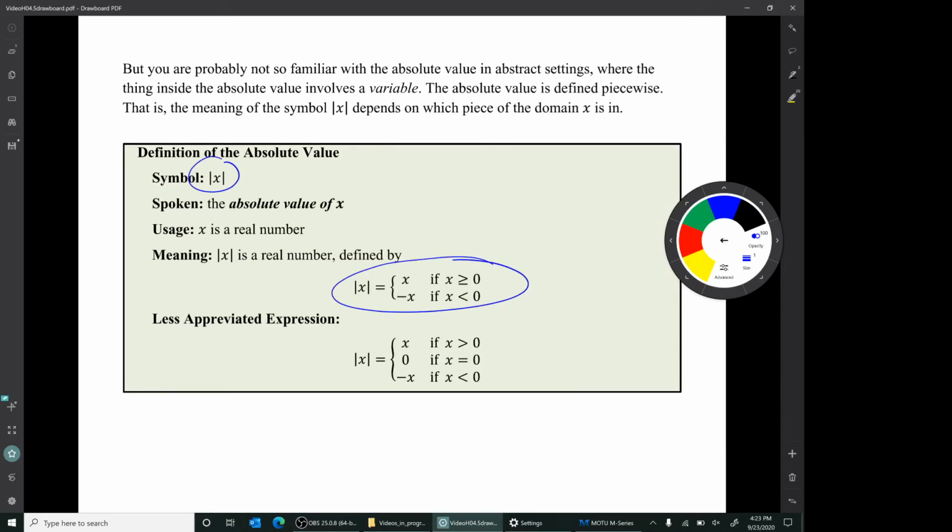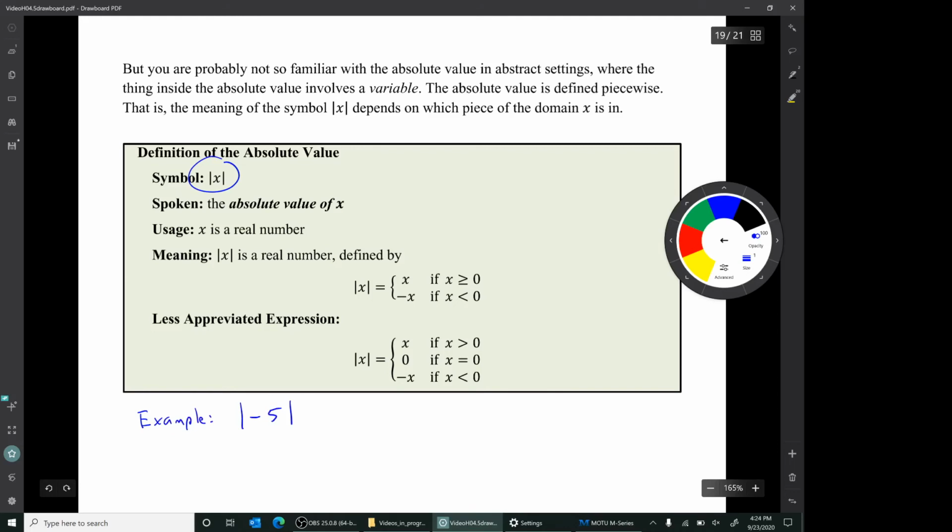That is, what the symbol means depends on what piece of the domain the x is in. So the definition of how that symbol behaves is a piecewise definition. Now, it's most often presented on 2 lines. I find it helpful to abbreviate it a little bit less. Say the absolute value of x is equal to x if x is greater than 0. It's equal to 0 if x is 0. And the absolute value of x is negative x if x is less than 0. So for example,